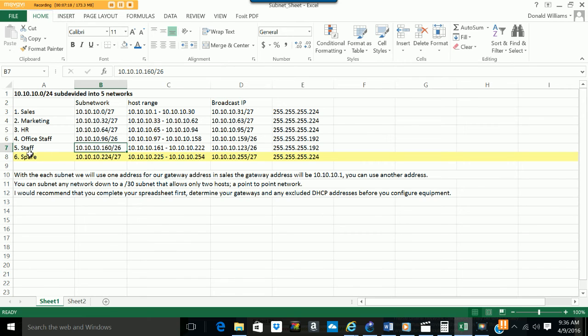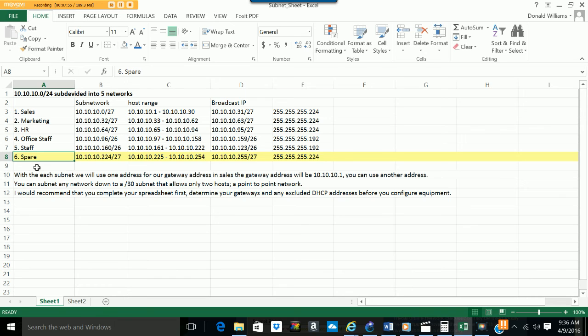I've classified as a spare subnet right here. And that subnet IP address is 10.10.10.224, and it only provides us with 30 addresses. And this is /27. And the address range is 10.10.10.255 through 10.10.10.254 with a broadcast address of 10.10.10.255. Okay, so now we've accomplished dividing the network address that we were provided into the 5 separate groups that